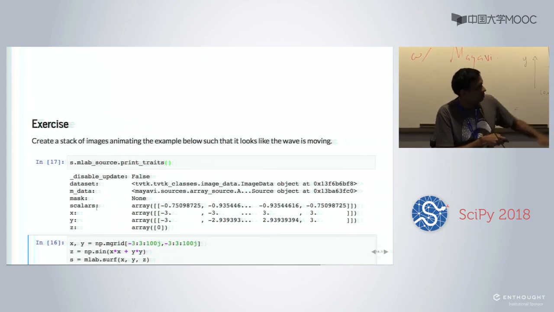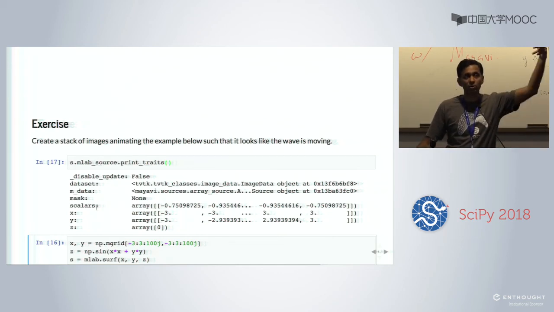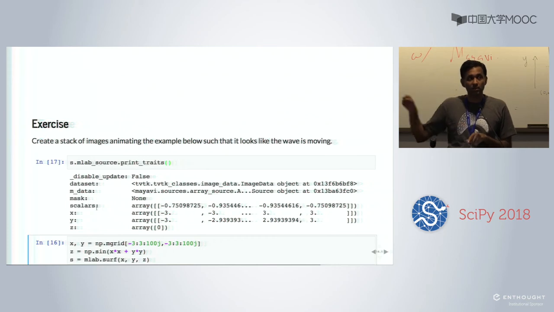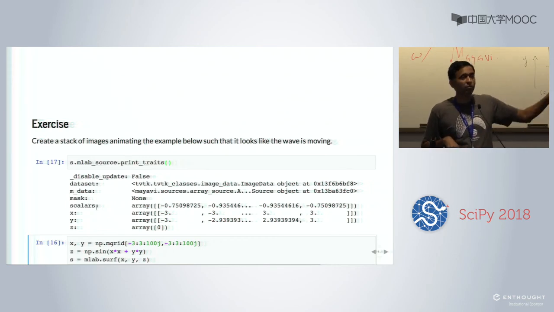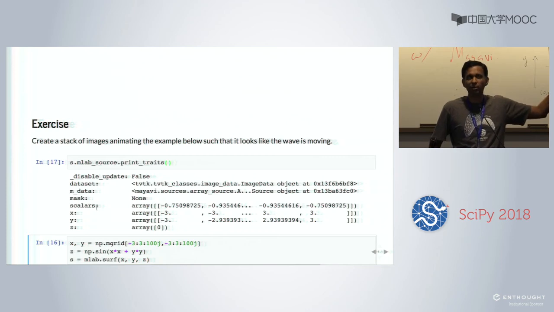Mask, ignore that, you can actually mask points. Scalars is available, X is available, Y is available, Z is available. So usually when you call the original function like points3d, you had X, Y, Z, scalars. Okay? It will mimic that. All right? So usually this is a nice way for you to find out exactly what attributes are available on each of these mlab sources.